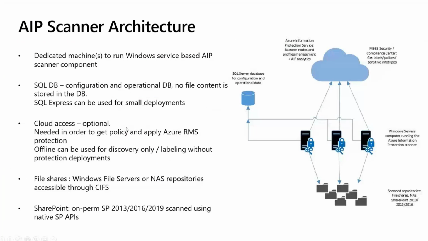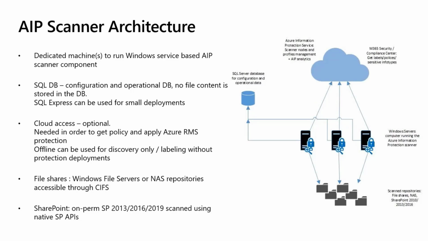Okay, a bit about architecture, and it's great that you remind me that you have some customers that run the classic scanner. Another big difference between the classic scanner and the unified labeling scanner is that classic scanners cannot be grouped in clusters. You always have a single-node cluster when you use the classic scanner. When you run a unified labeling scanner, you can put a bunch of machines in the same group,